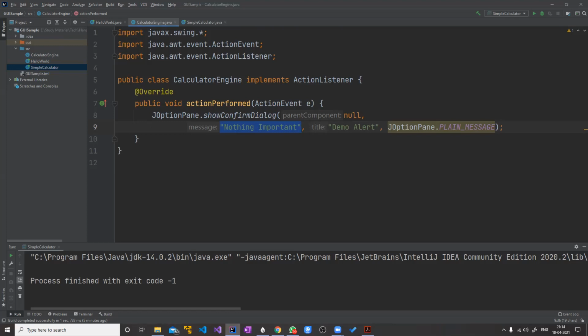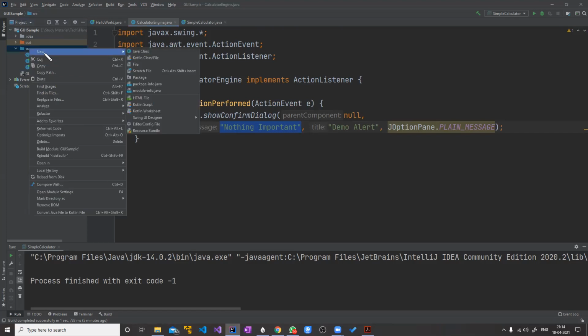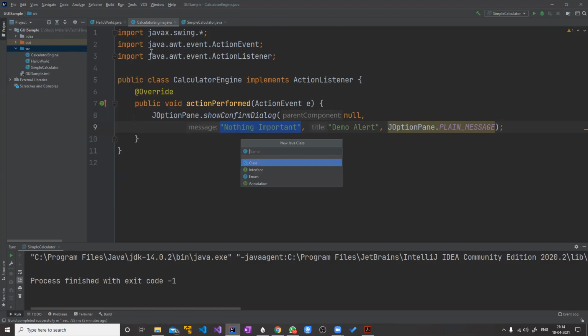Let's give it a name, let's say calculator.